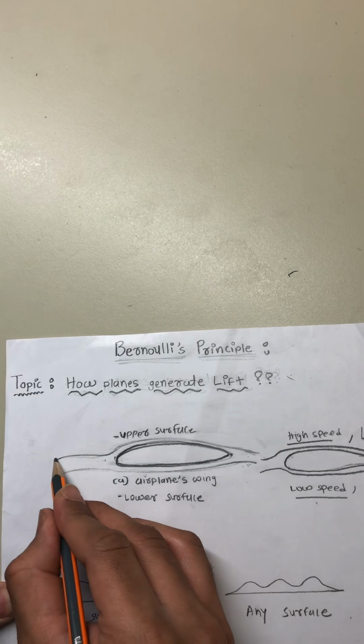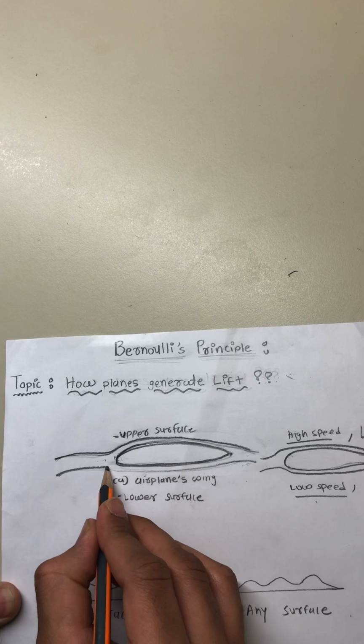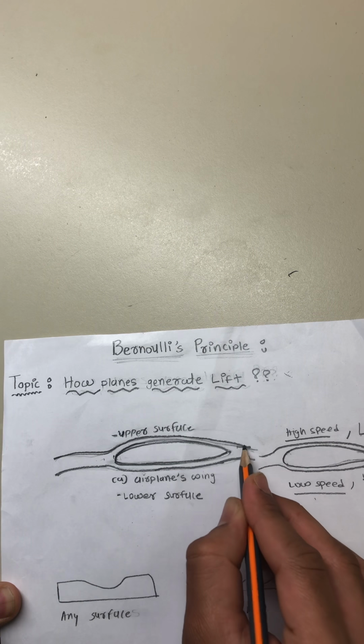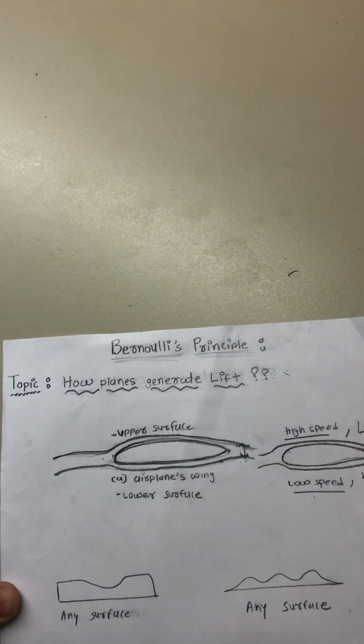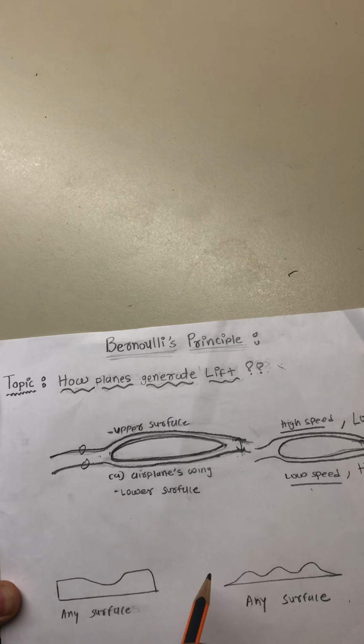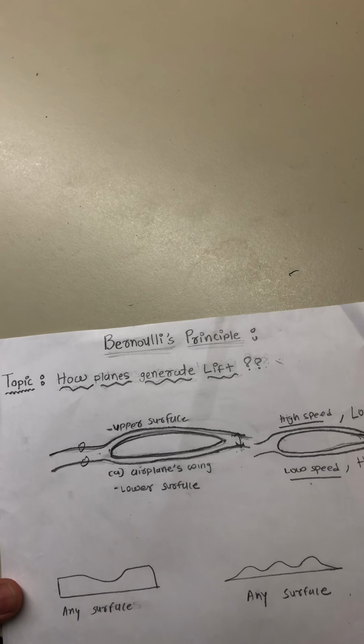So if I draw an airflow from the top of the wing and an airflow from the bottom of the wing, they both should reach here at the same time. See, our goal is that both particles flowing from the top and bottom of the wing should reach here at the same time. On the other side,